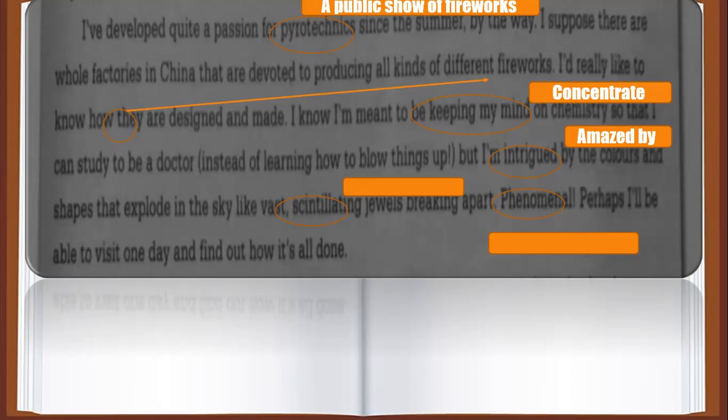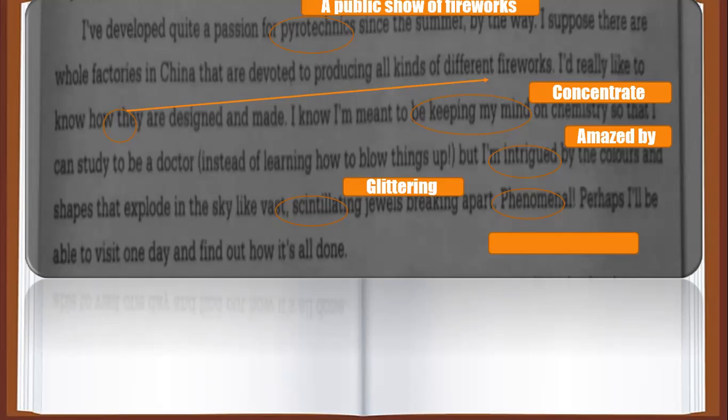I know I am meant to be keeping my mind on chemistry. What do you mean by the phrase keep my mind on something? It means to concentrate on something. I am meant to be keeping my mind on chemistry so I can study to be a doctor. So he has to study chemistry instead of learning about the fireworks. Why? In order to be a doctor. Instead of learning how to blow things up. Instead of learning about the fireworks, I know I have to concentrate on chemistry. But I am